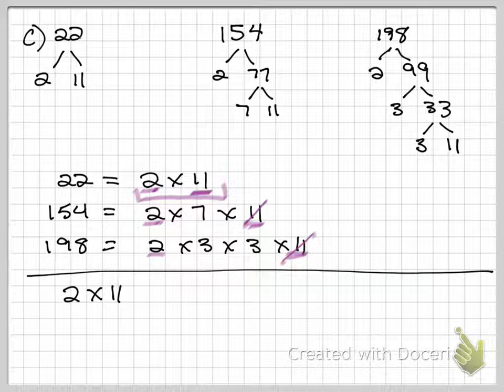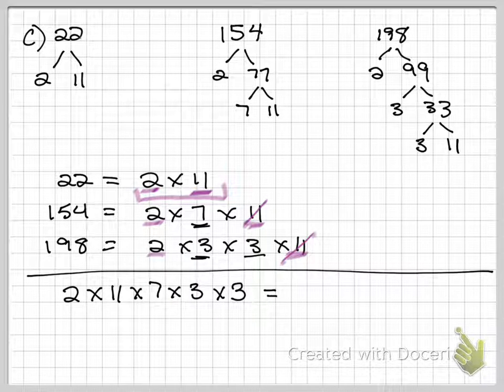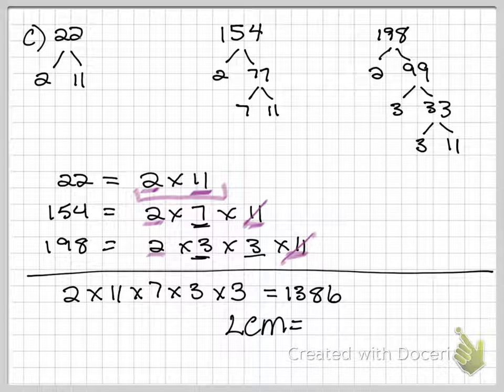Now I'm going to multiply this by any numbers that are not common between them, and the numbers that are not common between them are this 7, this 3, and this 3. So then when I plug this into my calculator, 2 times 11 times 7 times 3 times 3, the answer that you get is 1,386. So the least common multiple of these three numbers is